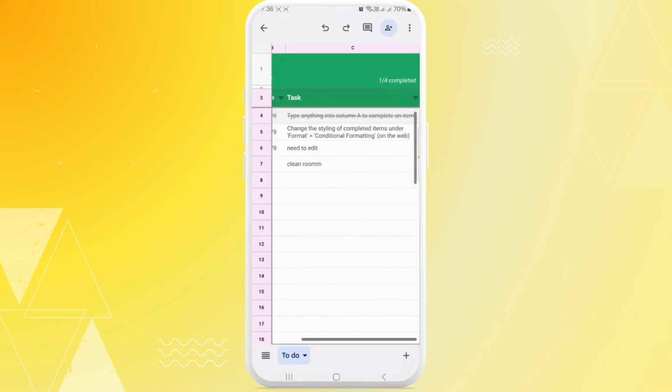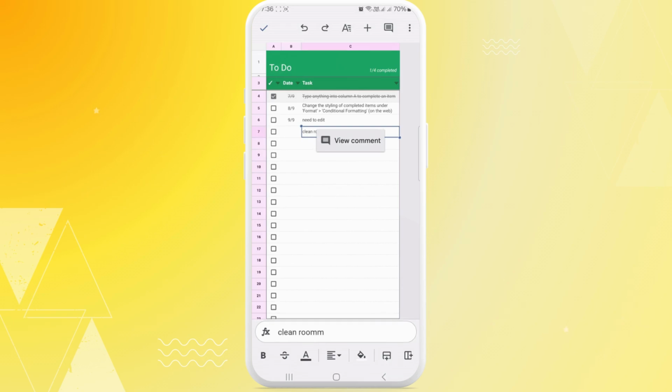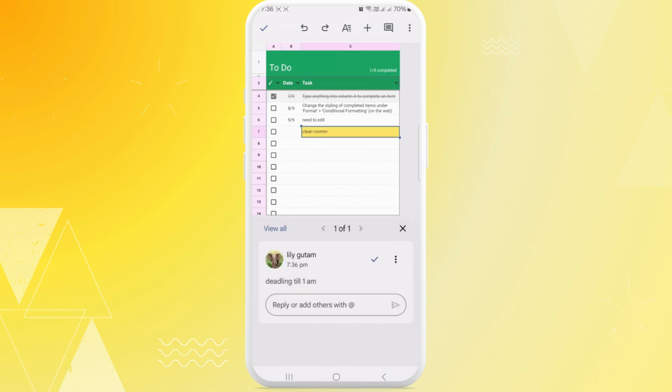So, open the sheet where you've got a comment. Here you can see a comment is there. If you simply see view comment, tap on it. Here you can see a comment is there, and at the bottom you can reply or add another person with at